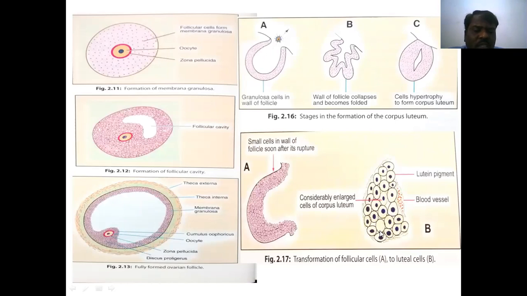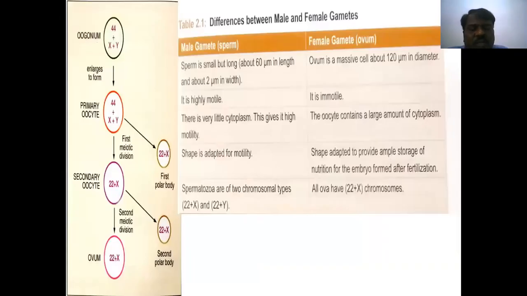Then after, if it is not fertilized, the corpus luteum automatically becomes the corpus albicans. The corpus albicans then ruptures, and at 28 days of the menstrual cycle, the endometrium of the uterus and this corpus albicans break into pieces and some amount of liquid and come outside through the vagina as the menstrual cycle.